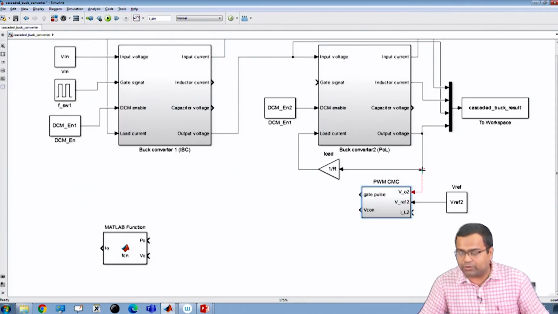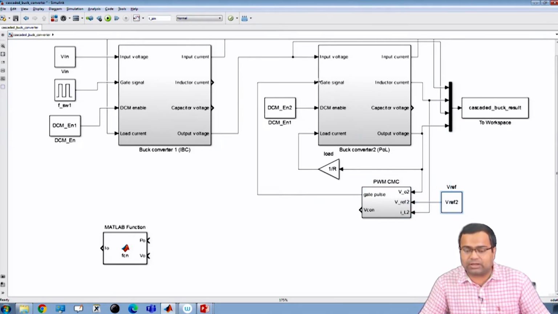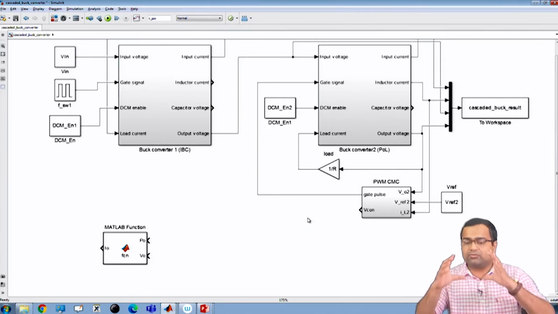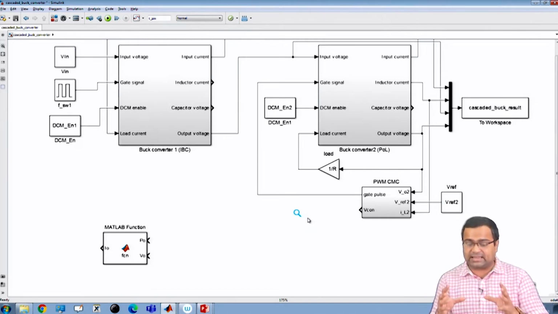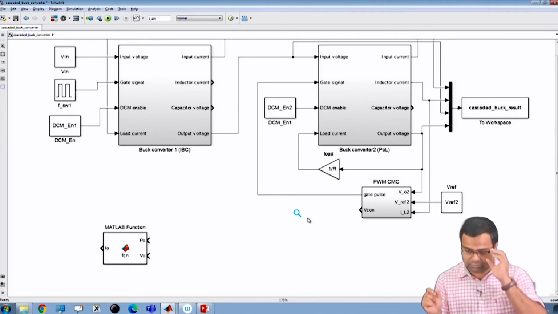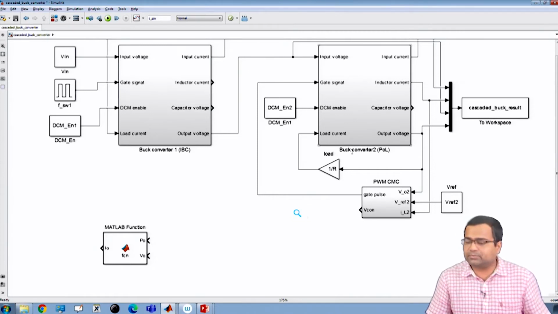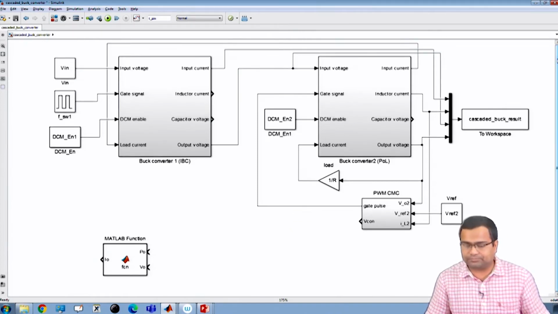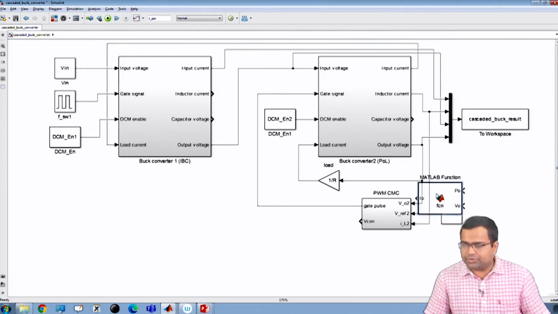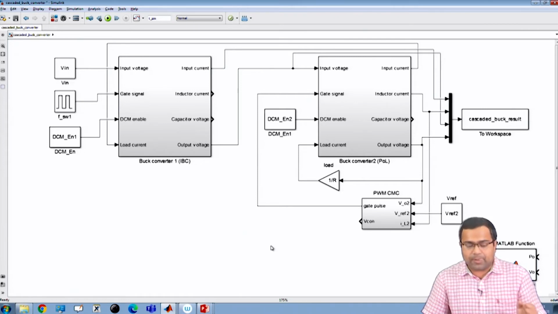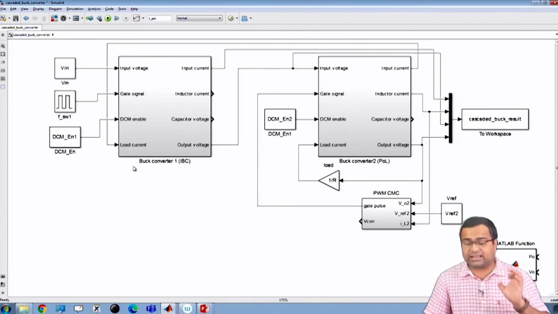So, this is the output voltage feedback, and this is the inductor current feedback. Okay, so everything is now set, and the gate pulse will go to the second stage. So, now we are operating the second stage with current mode control. Okay, second stage is current mode control. Now, let us not consider this block for the time being. So, first stage in open loop and the second stage in closed loop, and what are the parameters that